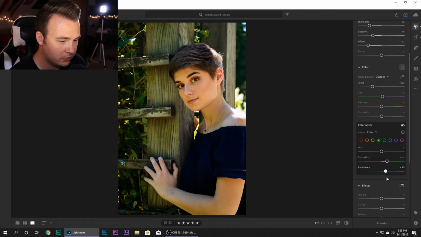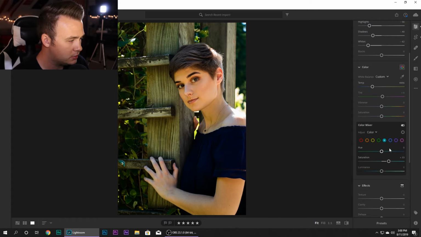Mess with the luminance a little bit for any light blues. Oh, this little thing. I'm gonna get rid of that too, I think. I'll go back and use Photoshop. I'll probably just Photoshop that out. I don't want that there at all. That doesn't even matter. The blue, probably to make her dress a little darker or lighter. Give it a little bit, but